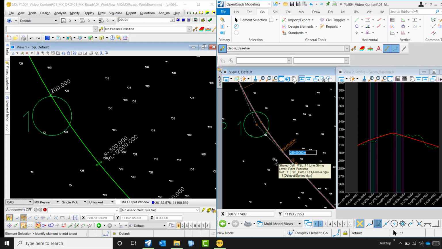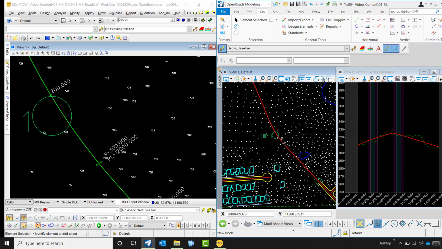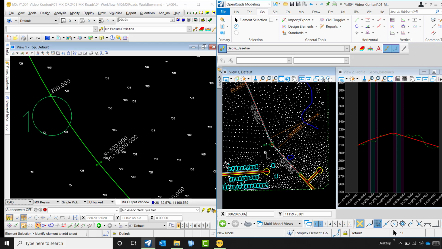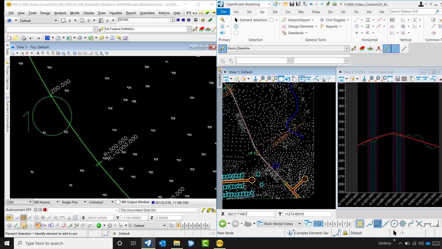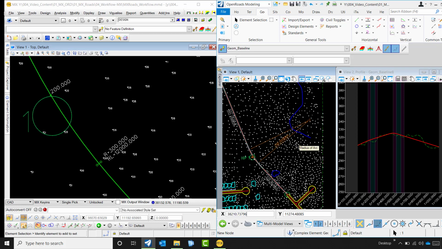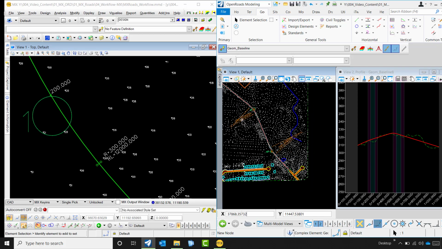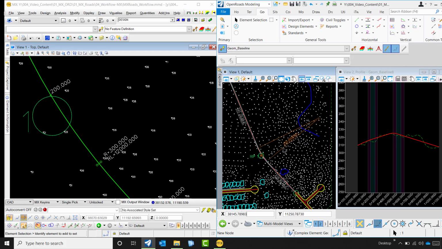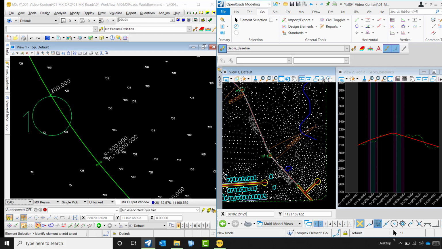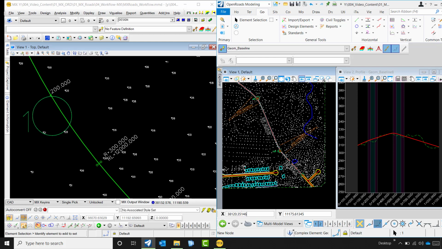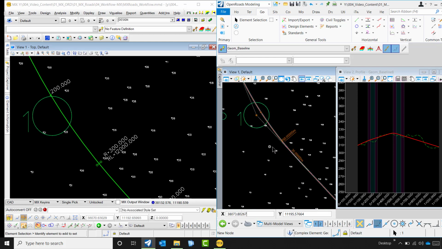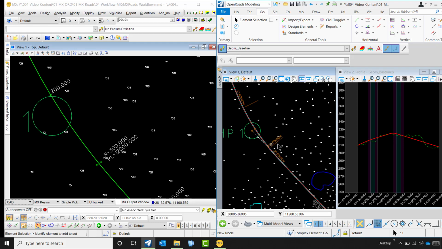Whereas in the case of OpenRoads, the moment I click on the horizontal alignment, you see these text manipulators in brown color, which specify the radius of the links between the elements. I could simply click on the entire alignment and click on the text manipulator where it is showing 250 meters radius.